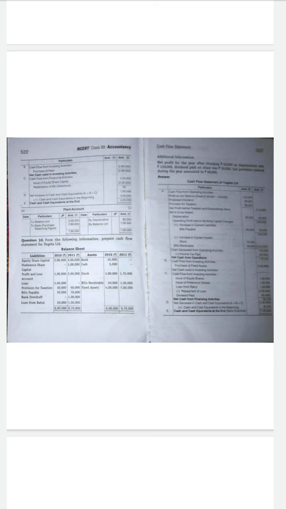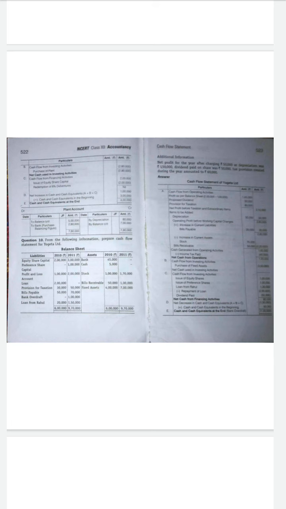Okay, understood? So the loan is an amount which is coming inside, 1,30,000. You have to compare the last year and the current year. Last year 20,000 and the current year 1,50,000. So there is an increase in amount of 1,30,000 which is coming inside. Understood? So 1,30,000 is coming inside. In this amount, there is 1,30,000, and